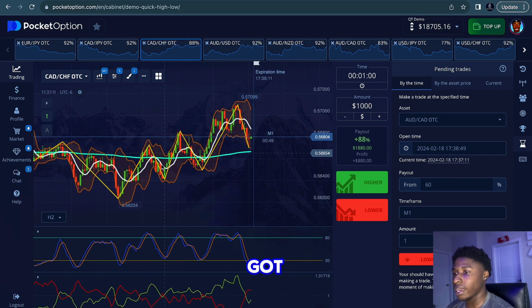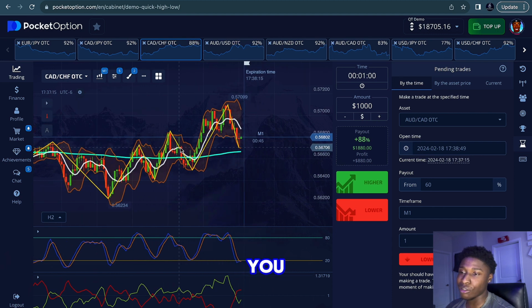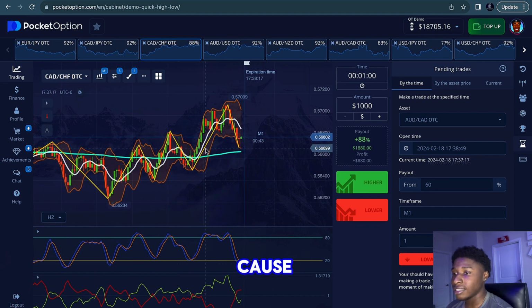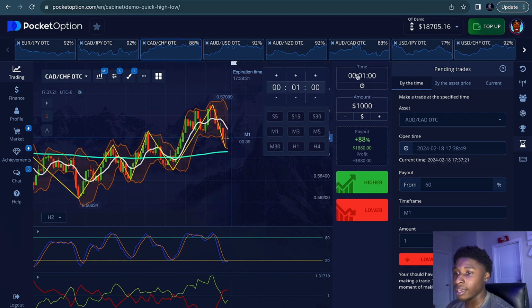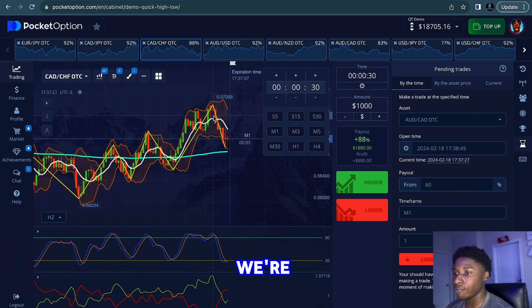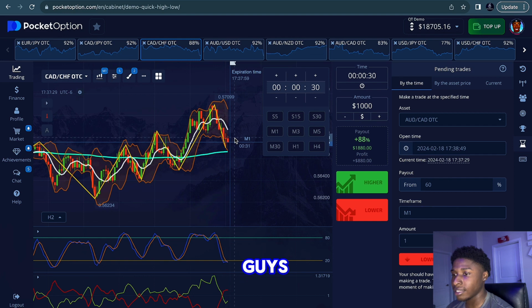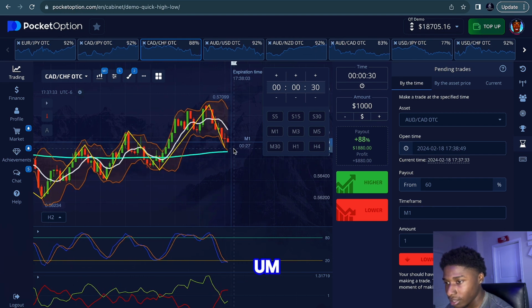As you can see, we got a lot of zigzag motion. So if you see this chart and you like to trade on zigzag motions, because zigzag motions aren't necessarily too bad, they're actually pretty predictable, especially if you're trading on 15 seconds or 30 seconds. As you can see, this is the 1 minute chart time frame, and if we're trading on this 15 seconds, guys, we're going down. The next zone, the candle did hit this Bollinger Band, the bottom line of this orange